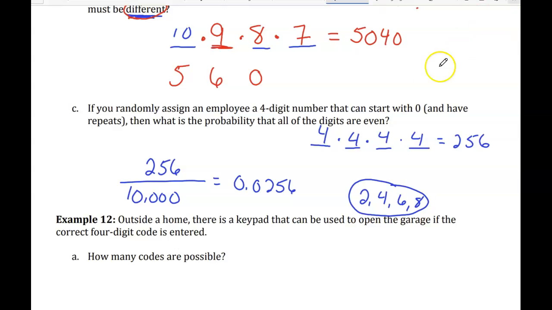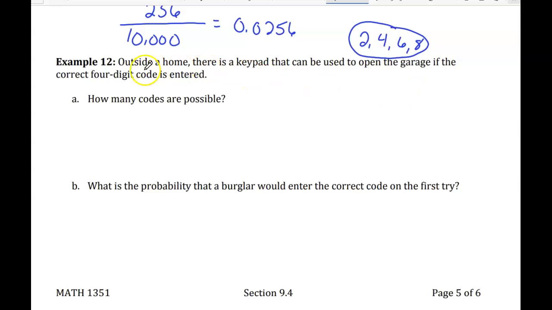And we would do example 12 in the exact same way. We have a 4-digit code, and it doesn't tell us whether things can be repeated or not, but if we're talking about opening a garage code, things can be repeated. So that would be 10,000. And if we want them to open it on the first try, that means he gets one shot out of the 10,000,